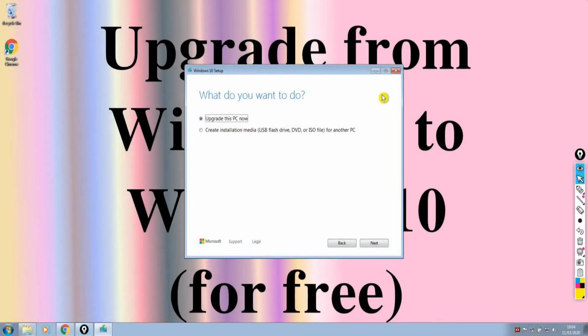Right, we've reached the next screen, and this one's obviously asking us what we want to do. So we've got two choices here. We can upgrade this computer now, or we can create an installation media on a USB drive, DVD or ISO file for another computer. Now, if you wanted to keep a copy of Windows 10, then you could choose the option to create an installation media, but then unless you come back and run this again to upgrade this PC, you'd then have to boot it from the installation media, and that's a little bit more complicated than just allowing it to upgrade. So for the purposes of this video, I'm going to choose upgrade this PC now and click